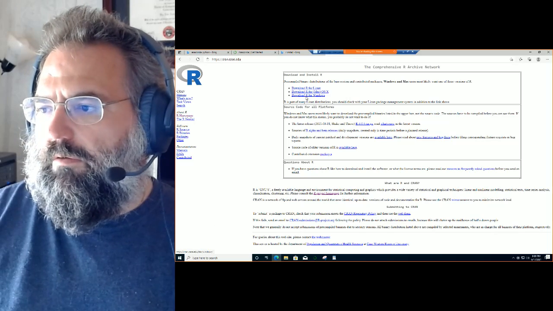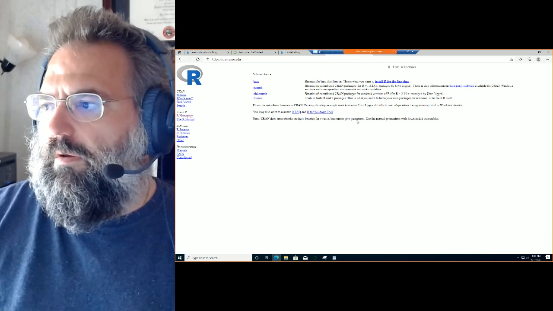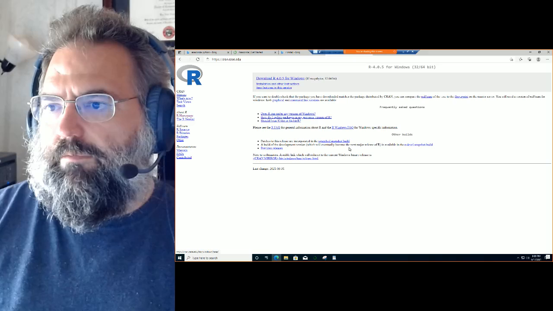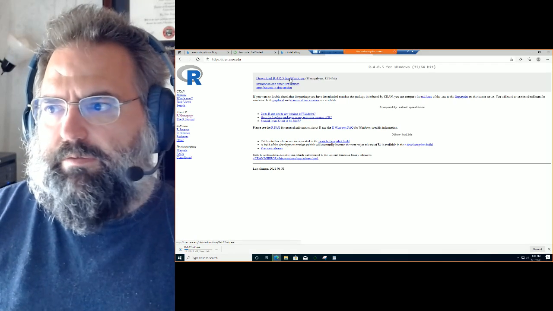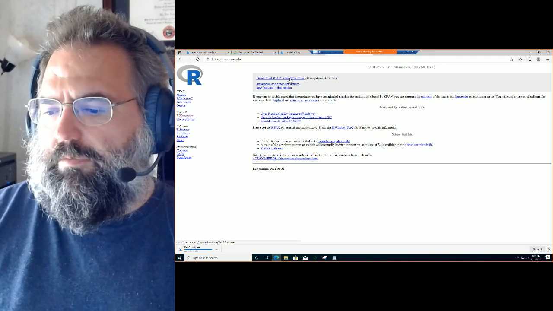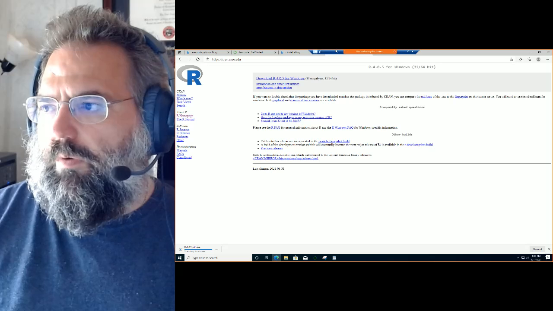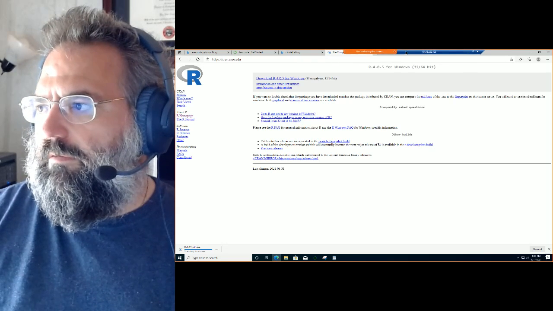Then you want to download R for Windows, most likely, depending upon which version you're doing. And if you're installing it for the first time, you click on Install R for the first time, and then you click on Download. Not quite as easy as perhaps whenever you're dealing with Anaconda, but it is one way. The next step is to then install